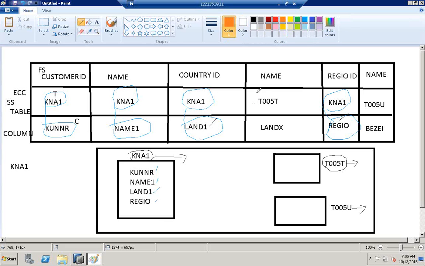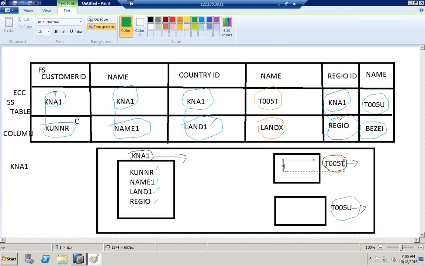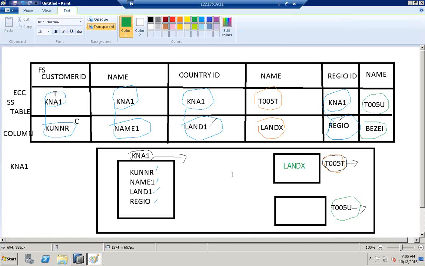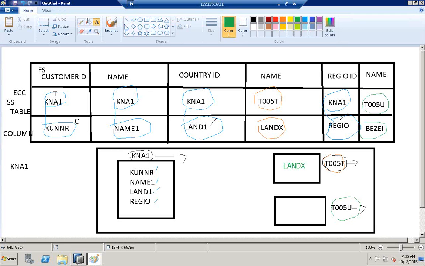In the next one we have the text tables, T005T landx, and T005U BEZEI. From the table T005T, what column do we require? Landx, and from T005U